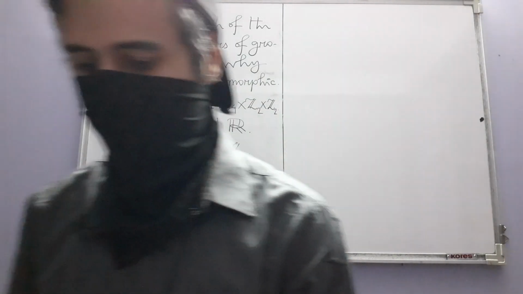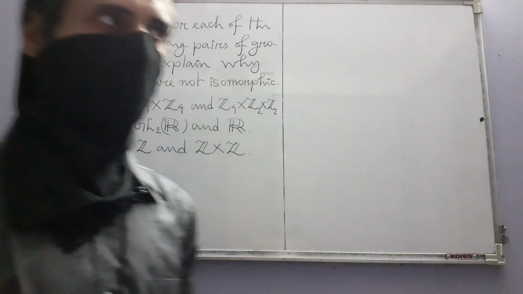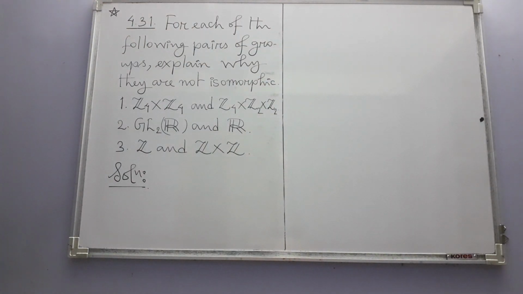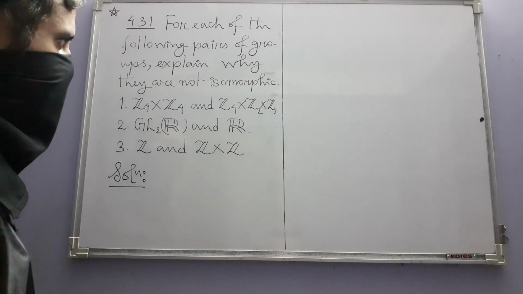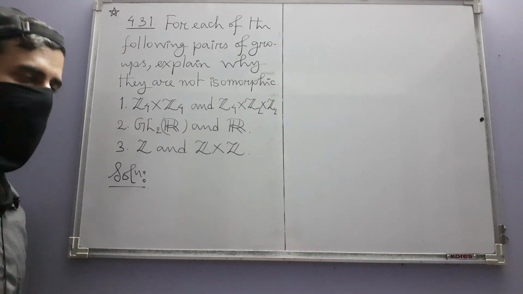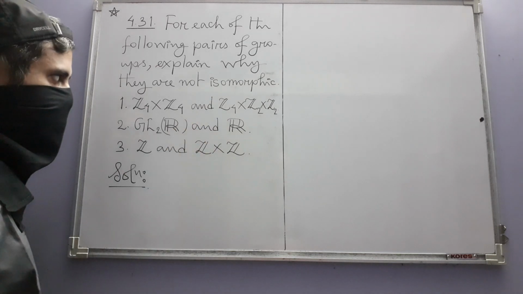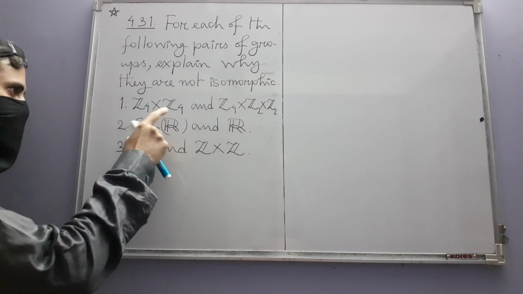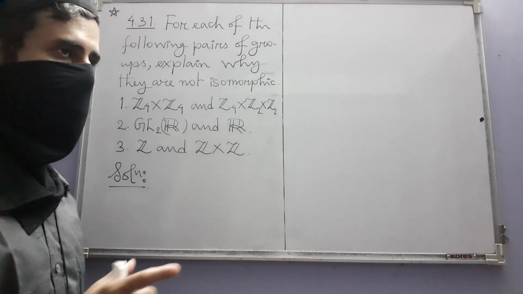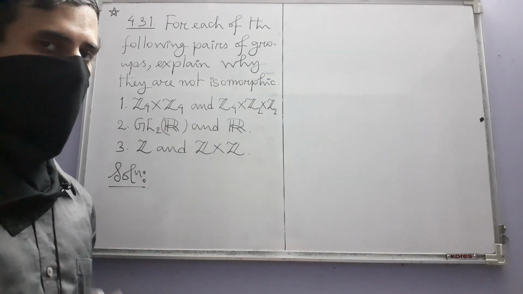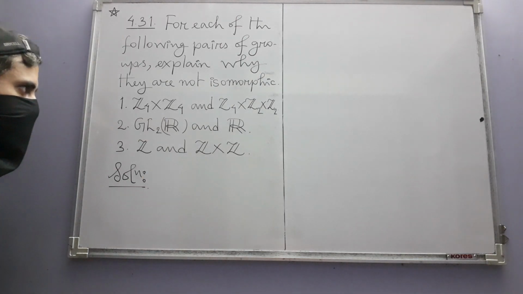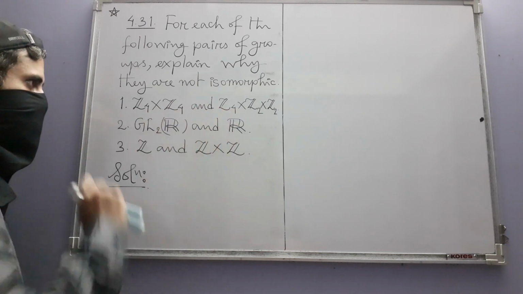Okay, so next we take up the exercises on isomorphism of groups, and this is the first one, the 31st one of this chapter. So we are given 3 pairs of groups, and in each pair we have to explain why the 2 groups are not isomorphic to each other. So the first pair is